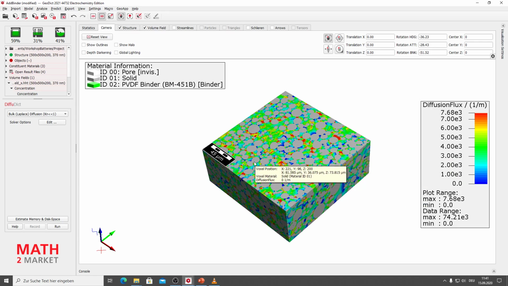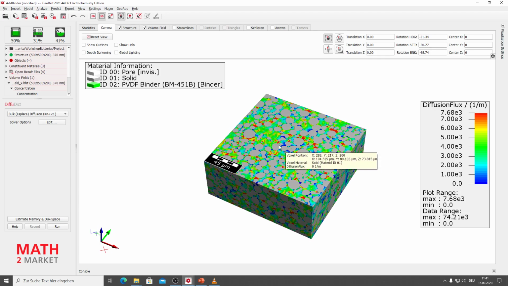So now you can see we still have the structure being shown. And we have a result field in the pores visible. And here you can see this is the diffusion flux we are looking at. We're not really interested in the structure. What we're going to do now is beautifully visualize the diffusion flux through the structure.